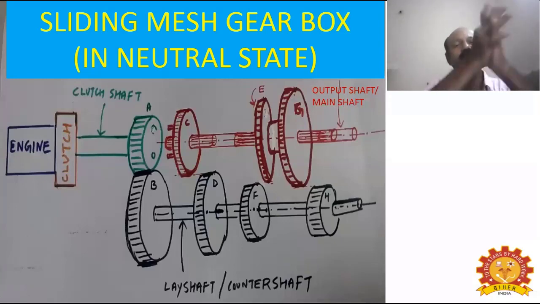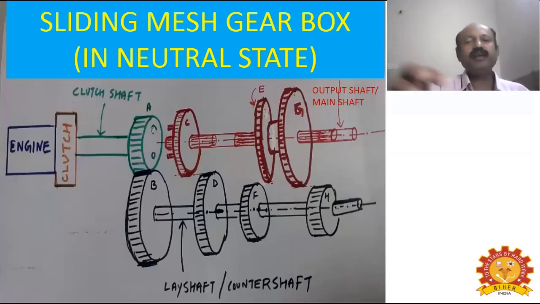Then what will happen? What is the engine speed? With the same speed, the C gear also rotates. If the engine is rotating at 4000 rpm, because of the direct locking, A gear and C gear also rotate at 4000 rpm. In that way, the output shaft is also made to run at the same speed as the top engine speed. The engine is running at 4000 rpm, so this output shaft also runs at 4000. That is why in this case the speed ratio is 1, because the engine is running at the same speed and the gearbox output also runs at the same speed.